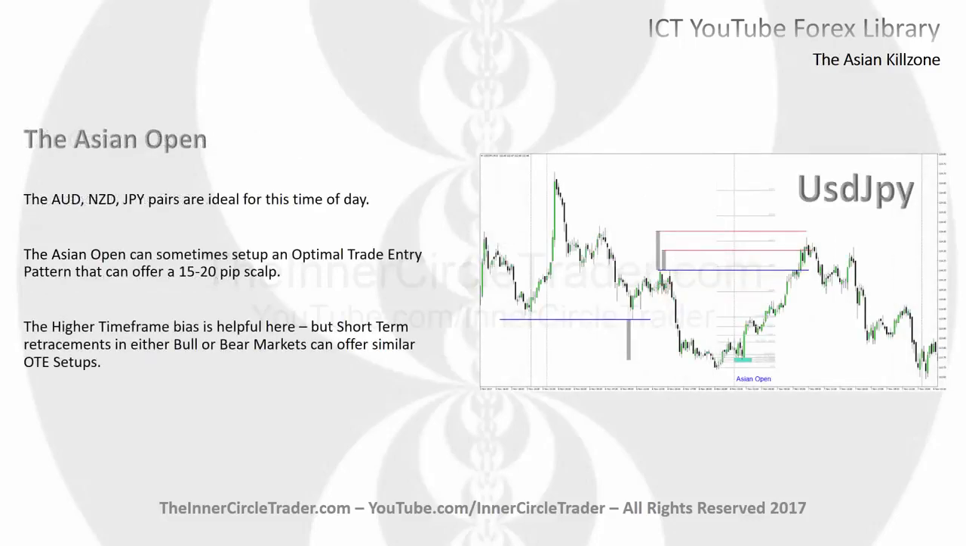Okay, first we're going to get into the Asian Open. Now, this time of day, you're going to find that the Australian dollar, the New Zealand dollar, Japanese yen pairs are ideal for this time of day. They're active, their markets are open at that time, and it goes without saying that if their markets are trading actively as it relates to their specific currency and country of origin,